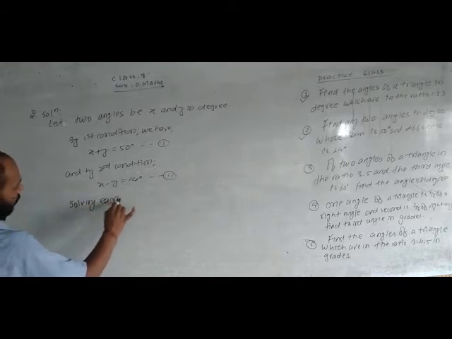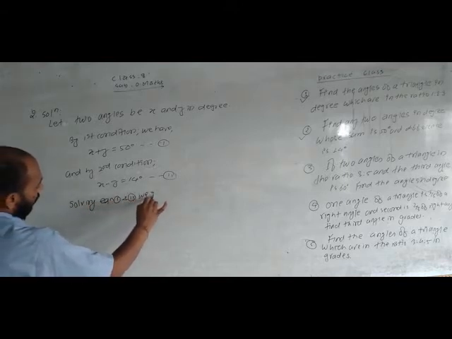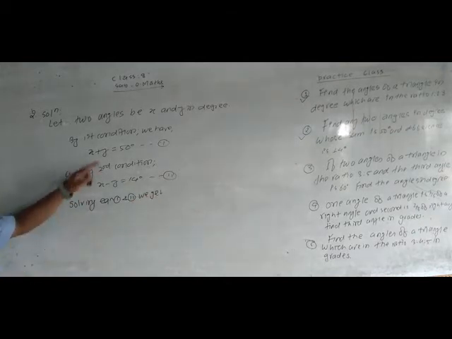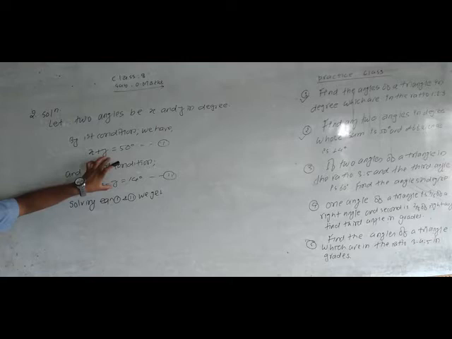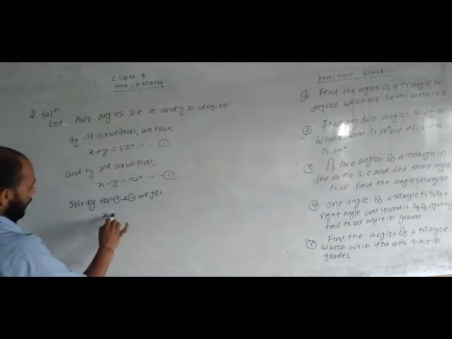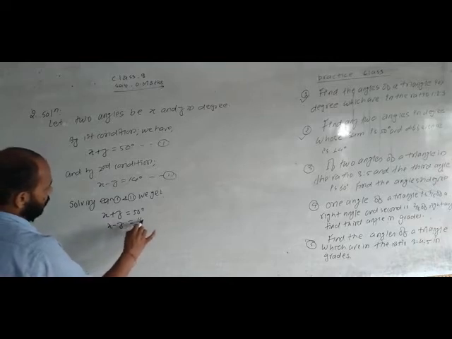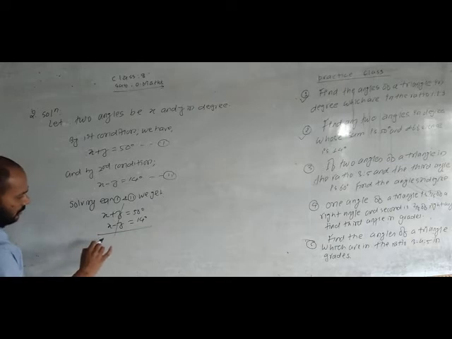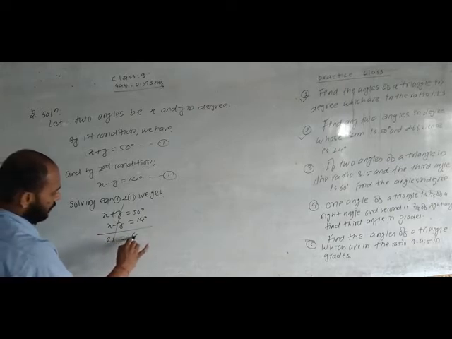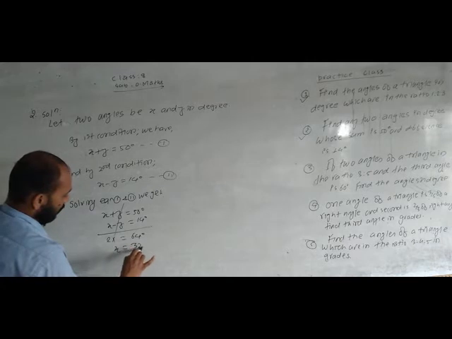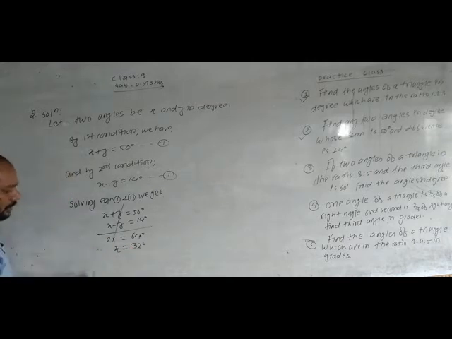Now you solve these two equations. Now I am going to solve. Solving equations 1 and 2, if we add these two equations, then one variable is removed and we get an equation in one variable. We can easily find it. Now look, x plus y is equal to 50 degrees, x minus y is equal to 40 degrees. These two are cancelled. 2x is equal to 90 degrees, x is equal to 45 degrees. Yes, you should find the value of x in this way.